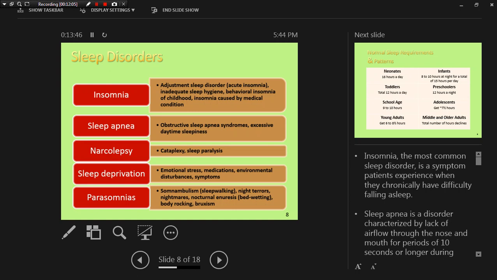And sleep deprivation is going to be a big issue. It's not always the same thing as insomnia. Obviously if patients have insomnia, they could be sleep deprived, but sometimes a lot of your patients that you take care of inpatient are going to be sleep deprived because of the care that we give them. The constantly going in to check on them, the tests, the admissions through the night, the vital signs, the physical exams, just even checking on them. So some of the medical care that we do for their benefit can actually be harmful to them